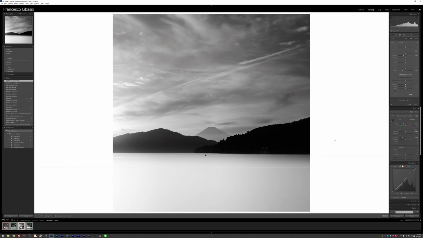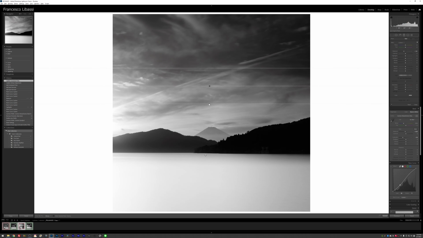Next thing that I want to do is make the sky darker to create even more contrast between the top part of the image, the middle ground, and the foreground here. So I'm going to create a new gradient, and this time it's going to be a -1 on the exposure. And let's get back to 0 here and see how it looks. I'm going to hold shift, drag down in my sky like so. And it looks fine, but it's definitely not dark enough and not balanced enough.